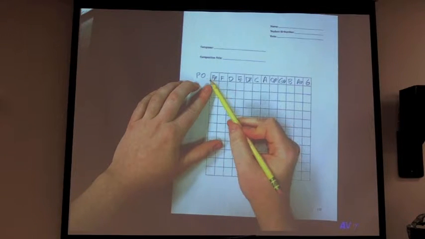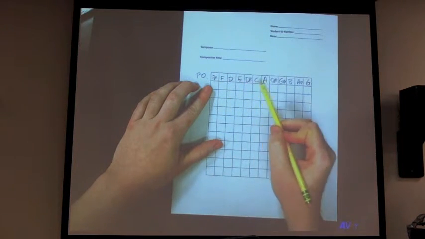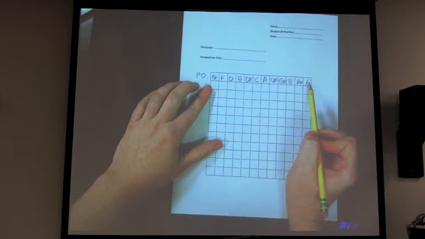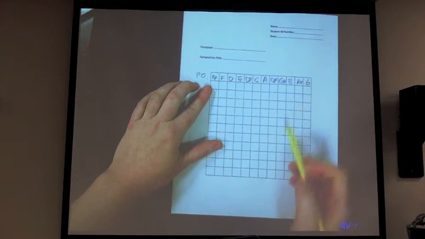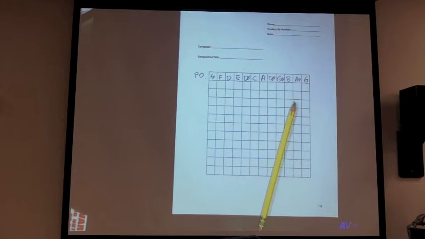It's going to go F sharp, F, D, E, D sharp, C, A, C sharp, G sharp, B, A sharp, G. Right? And if we were to play this,